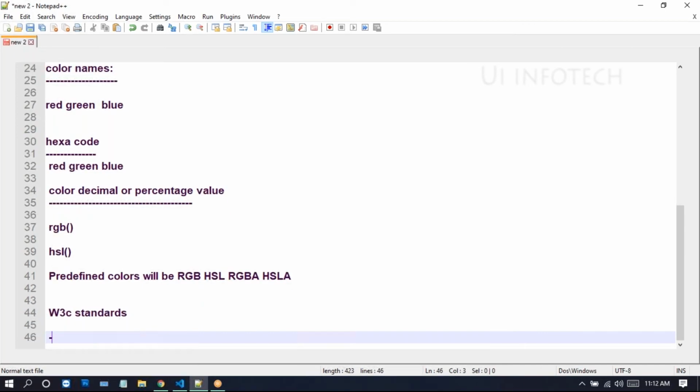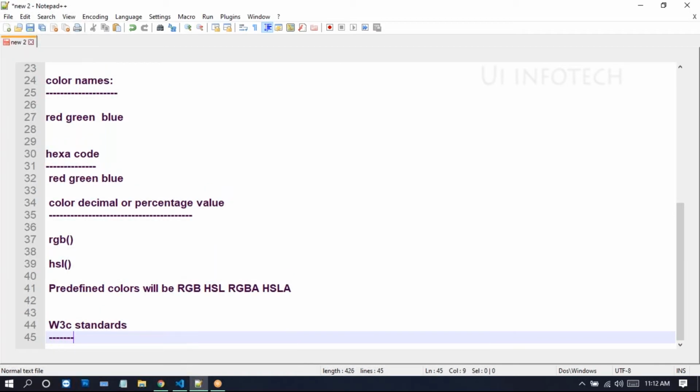HTML is provided for these W3C standards. HTML provides 16 standard colors.